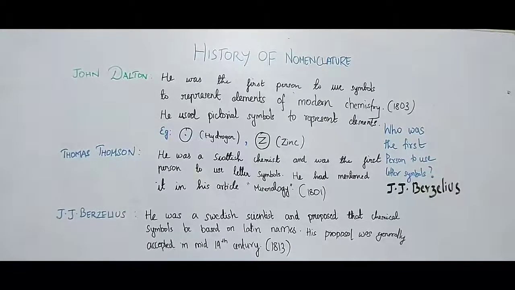Now let us look at J.J. Berzelius, and it is a very important concept. So listen carefully. He was a Swedish scientist and proposed that chemical symbols be based on Latin names. His proposal was generally accepted in the mid-19th century. His proposal was given in the year 1813, and the Latin name which he proposed is used as a symbol